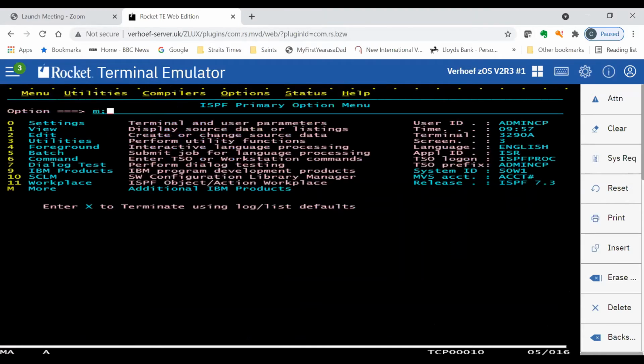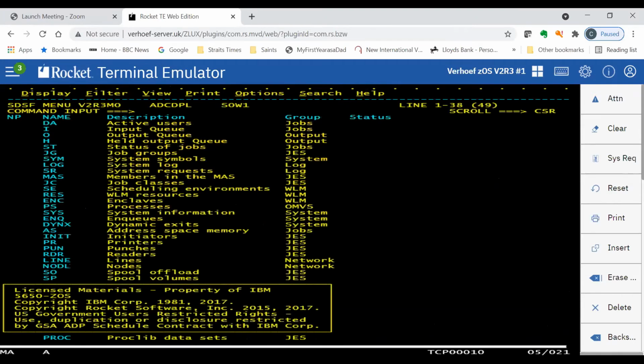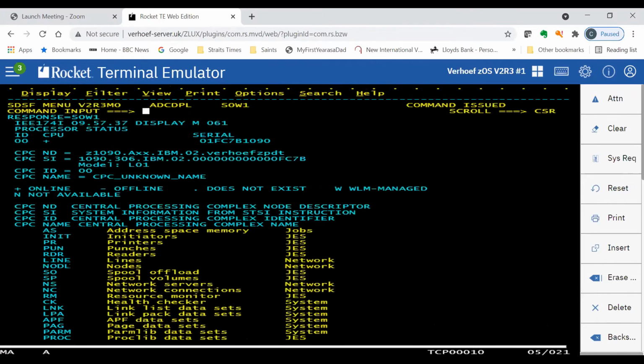If I go into SDSF here, and I do a D SPACE M=CPU, then it tells me how many CPs. In this case, I've only got the one, but under ID, I would see 00, 01, 02, 03, depending on the LPAR I'm in. And so if I'm in a production LPAR, I would expect to see any number of these under there.